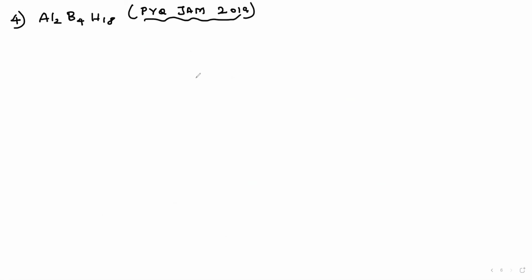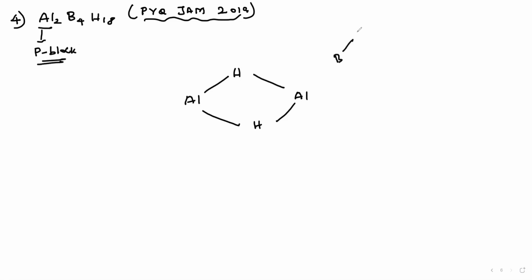See the structure. Now we have aluminium, here also aluminium. They make the first bridge hydrogen, here bridge hydrogen. Which block does this element belong to? The p block, right? Therefore, mu2 is only possible. Therefore, this is boron, with 1 hydrogen, 2 hydrogen, 3 hydrogen and 4 hydrogen.